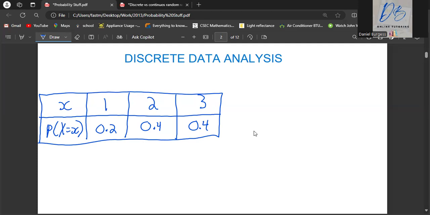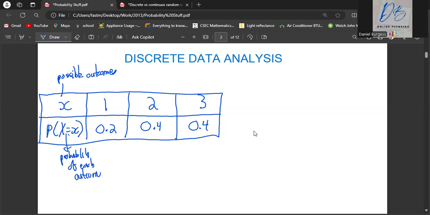So X represents the possible outcomes, so just whatever outcomes you could get. And those outcomes must be discrete, as you see here, exists at distinct points. And then the probability X is equal to x is the probability of each outcome occurring. So probability of each